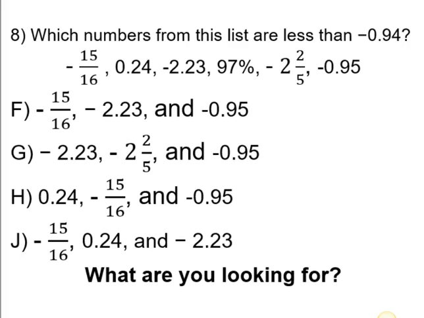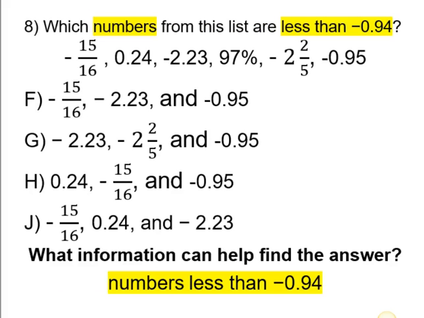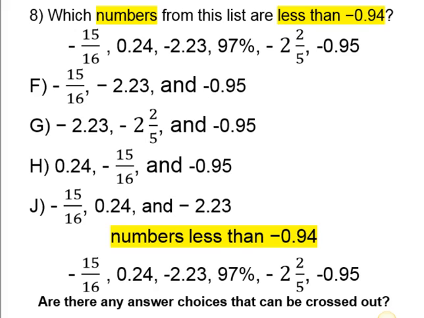What are we looking for? We are looking for the answer that shows a list of numbers that are less than negative 0.94. Again, we are looking for the answer choice that has a list of numbers that are less than negative 0.94. What information can help us find the answer? What could help us are the numbers that are less than negative 0.94. So let's take a look at the numbers we have displayed to see if there are any wrong answer choices